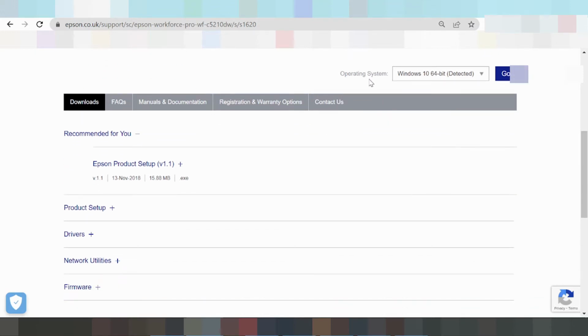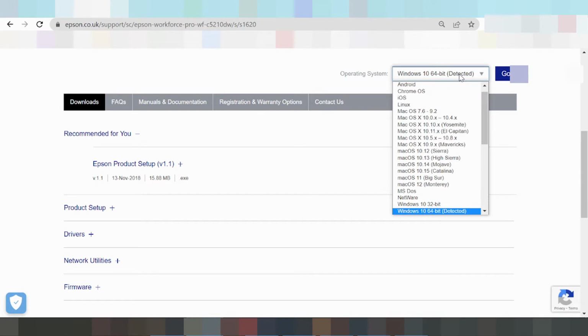It's like a system, not a system operation. Click here and this here detects the system operation, Windows 8. In this video you need to download the driver for Windows 11. Click here and this here is the